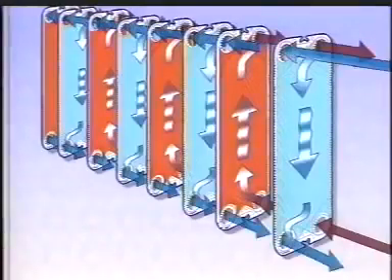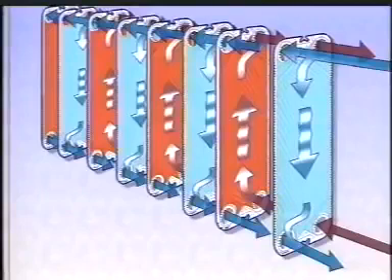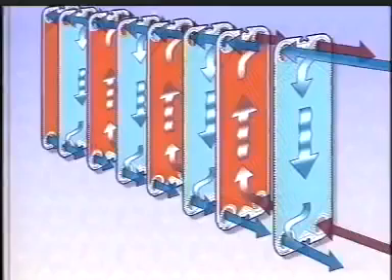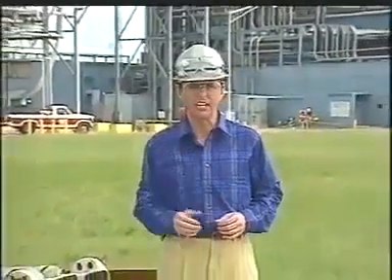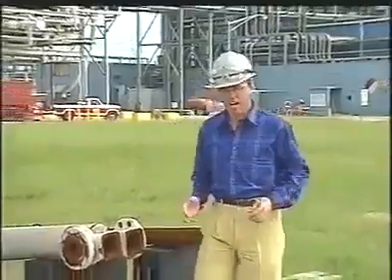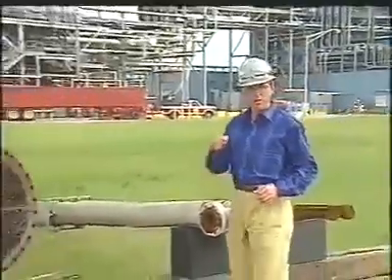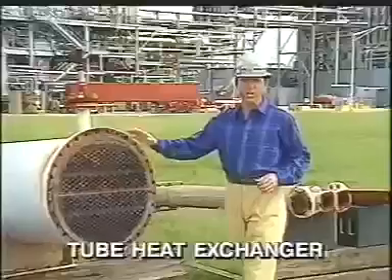Large surface areas and the natural turbulence caused by the corrugated metal plates allow for efficient heat transfer. Plate heat exchangers may be used because of the specific demands put on the system by the characteristics of the process chemicals. For example, for a highly corrosive chemical that must be cooled, a titanium plate heat exchanger may be best. Another type of heat exchanger, and the most common, is the tube heat exchanger.